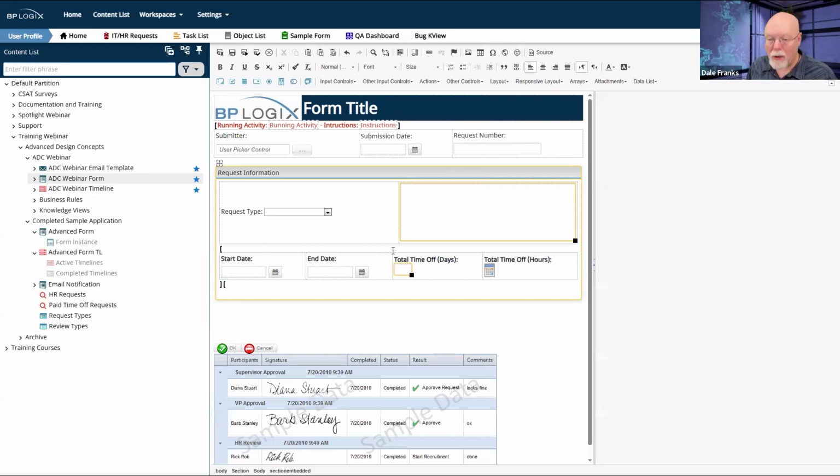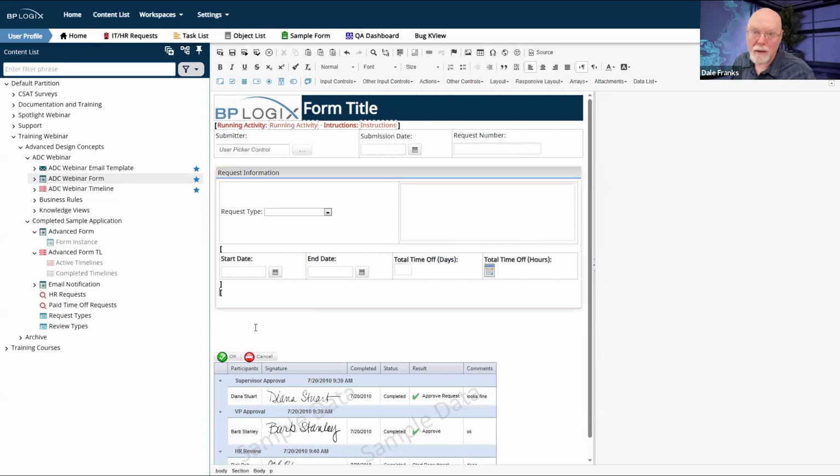If I was to go and drop in a break between my embedded section controls, I've now got a paragraph mark in here. I'm going to get some unavoidable space between my two embedded section controls, and that is going to show up as vertical space on my form. And even though I'm not showing the control itself, it's still going to have the HTML for that paragraph mark, and that paragraph mark is going to have its own spacing. So I'm going to end up with some unwanted spacing on my form.